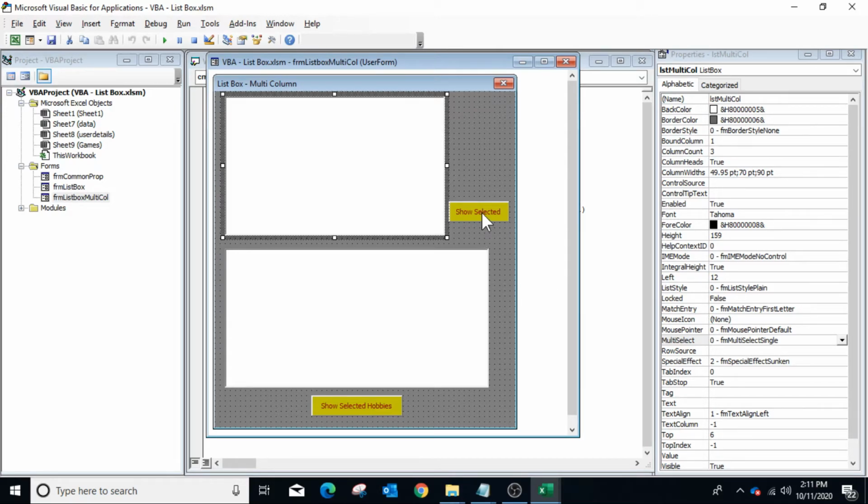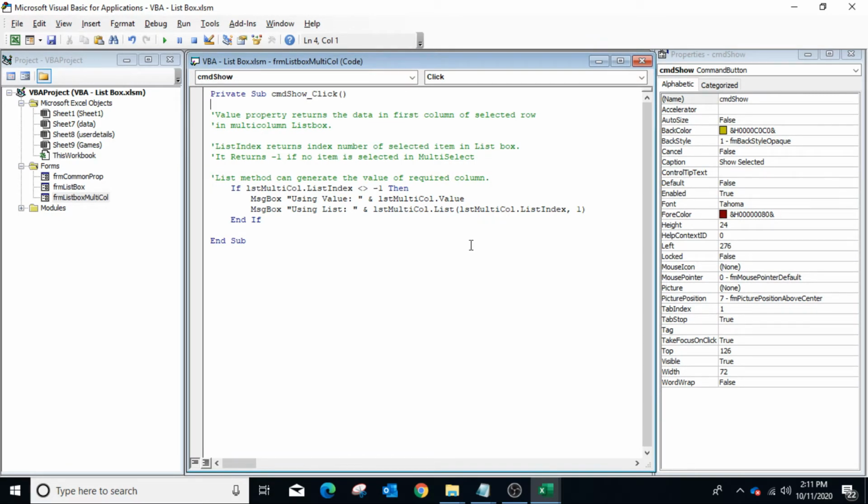So double click on the button, and in the click event of the button, we have used both the value method of the list box, which will return the value of the first column of the selected row, and the list method with two parameters, where the first parameter is the row number and the second parameter is the column number.